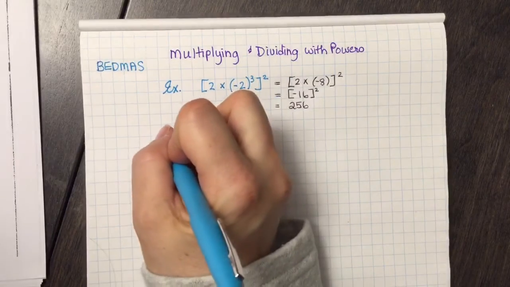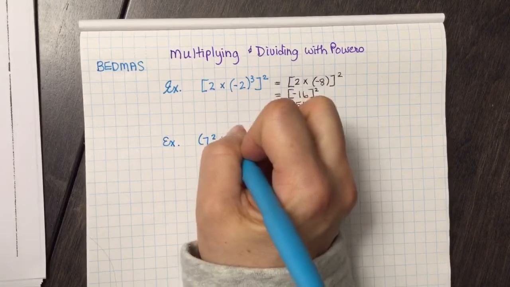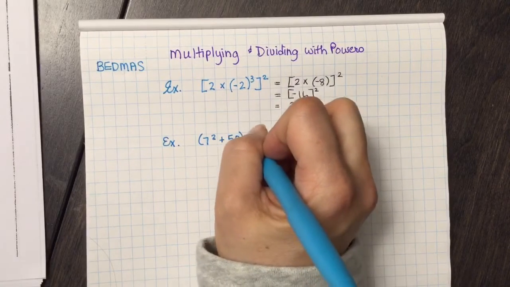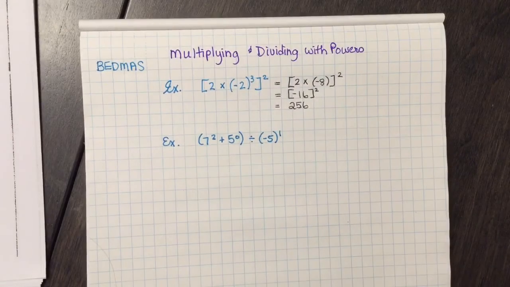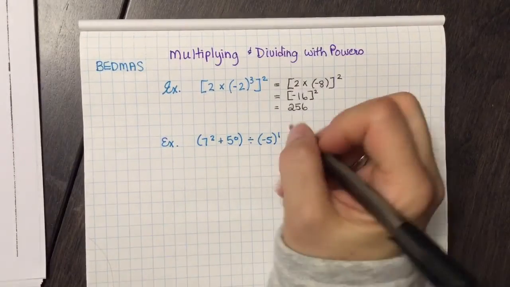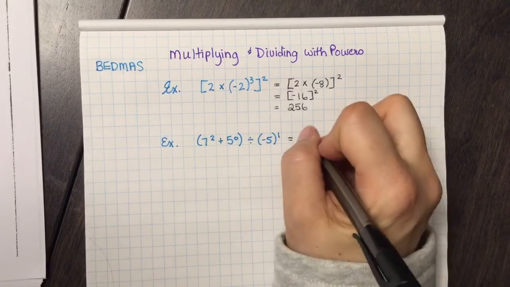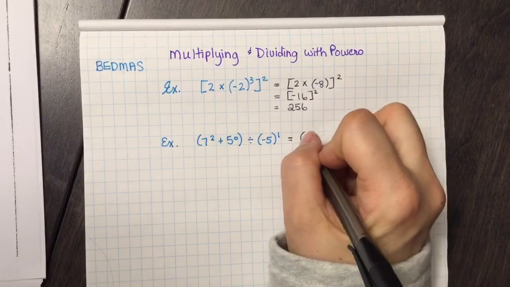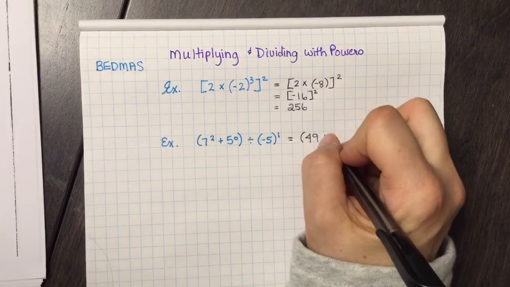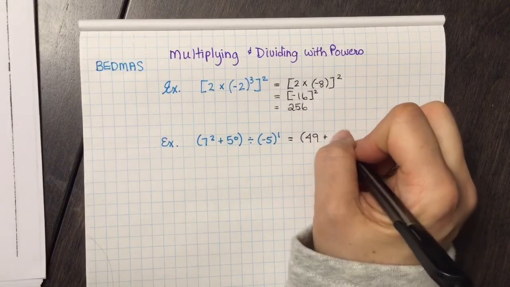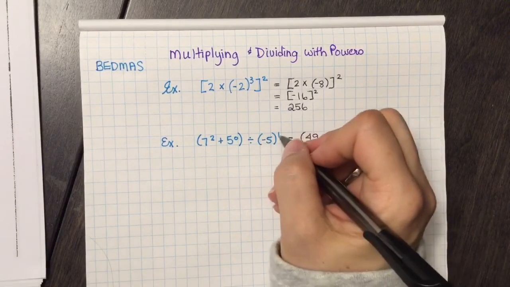The second example has 7 squared plus 5 to the 0 divided by negative 5 to the 1. Okay. So start with what's inside the brackets. Okay. 7 squared is 49. 5 to the 0. Oh, what is that? It's 1. Okay. Divided by negative 5 to the 1